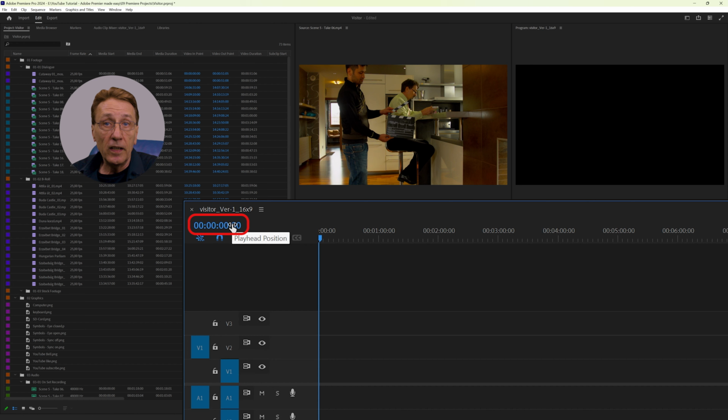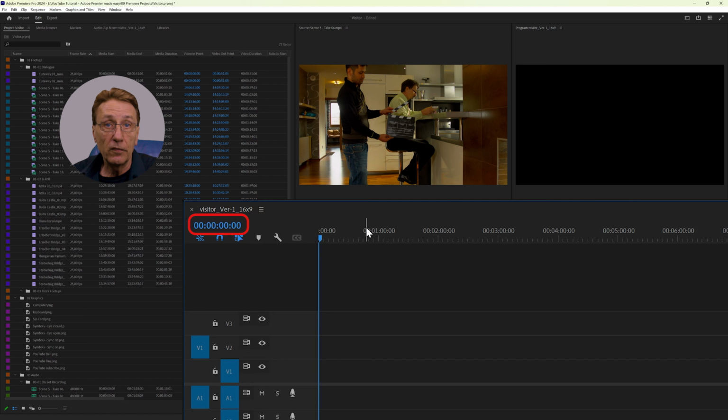In Adobe After Effects, the playhead is called Current Time Indicator, CTI, which is more accurate, but a little long, and nobody I know uses this term. The timecode for video is displayed in hours, minutes, seconds, and frames. Our timeline has 25 frames per second. That means every second is divided into 25 frames from 0 to 24.